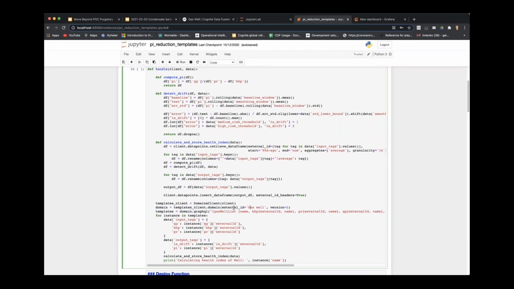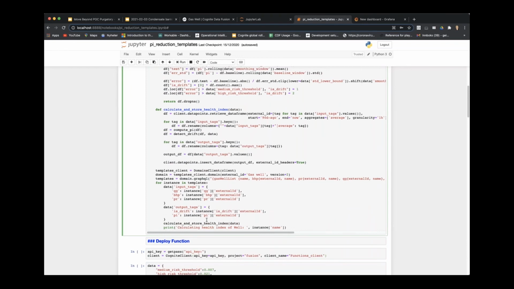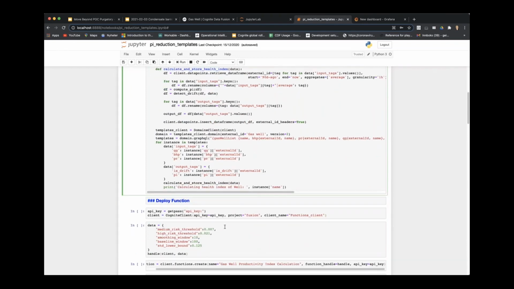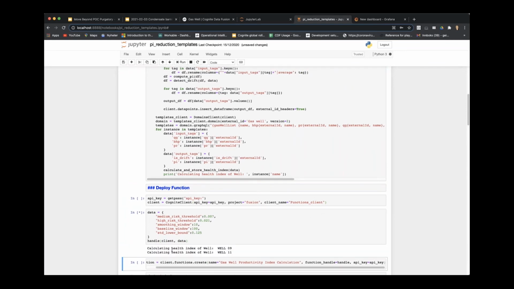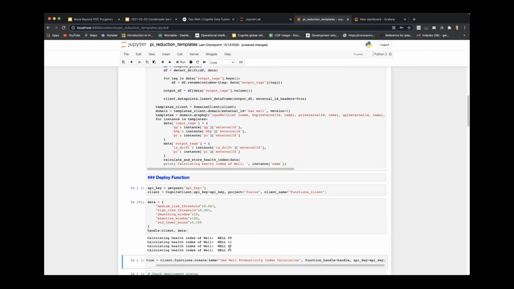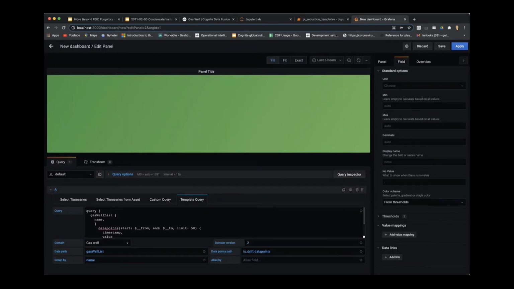So here I'm looking at this template. I'm getting the list of gas wells. I'm getting for each well the name, the bottom hole pressure, the reservoir pressure, gas flow rate, etc., with the identifiers that I specified in my template. And now I can do my calculation. And that provides me with a very easy way of just iterating over all of these wells and calculating the health of each well. And having done that, I can show this health in a dashboard.